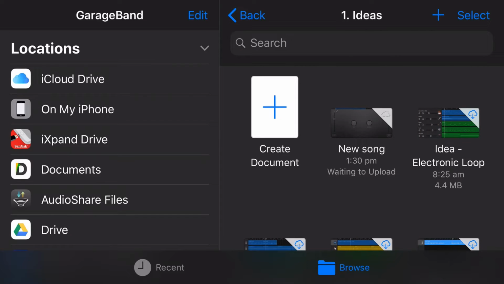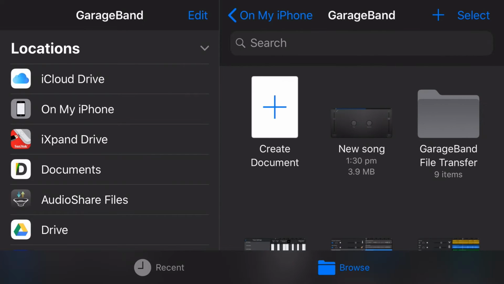And what I wanted to show you here is it's got a different type of cloud there because it is uploading. So this is now going to upload it to iCloud. You can see the one next to it has the download icon. That is on the iCloud Drive and not on this device. I can tap it to download it, but this new song is waiting to upload. So now that I know that it's there, and there it goes, it's starting to upload,